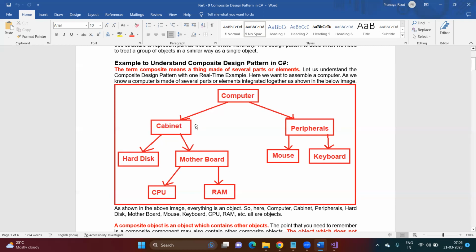And in our example, if you see computer, cabinet, motherboard, peripherals, these are the four components which we can call composite components. And guys, remember, a composite component can contain another composite component also. So in this case, this is a computer. Computer is a composite component. It is containing two other components. And these two components, cabinet and peripherals, again they are composite components. Again, this cabinet, which is a composite component, is containing some leaf nodes, right? And also it is containing some other